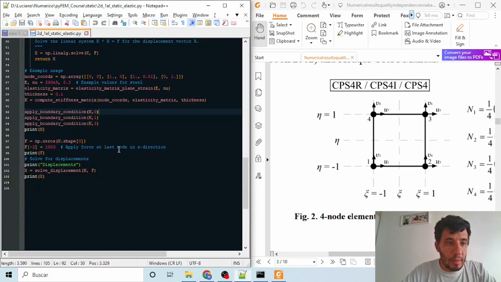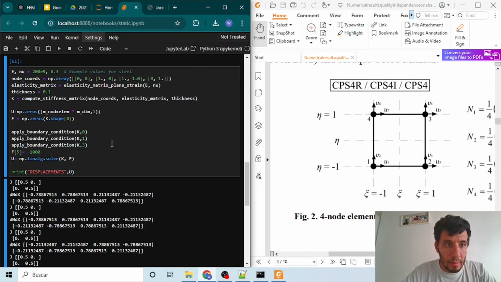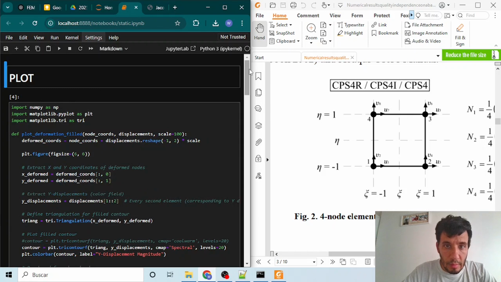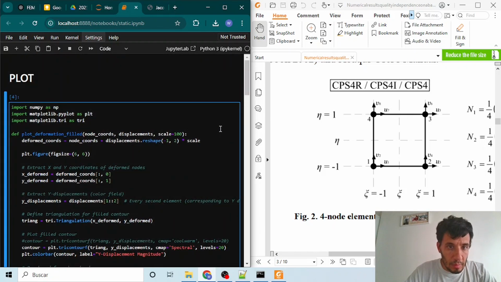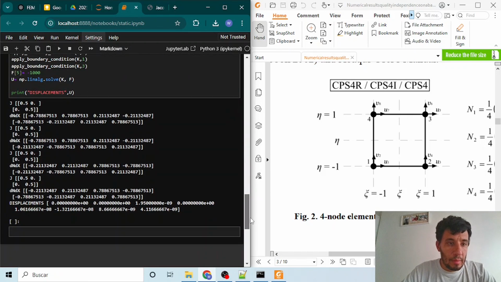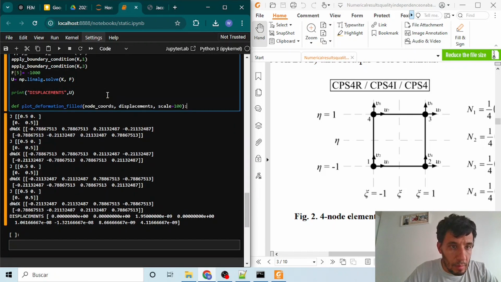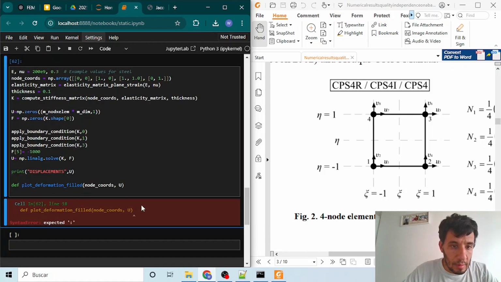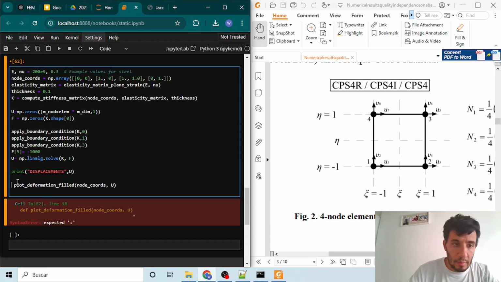And in order to see this displacement, we can also watch it with this. And we can see that, for example, we can omit this because it is a default argument. I'm sorry.